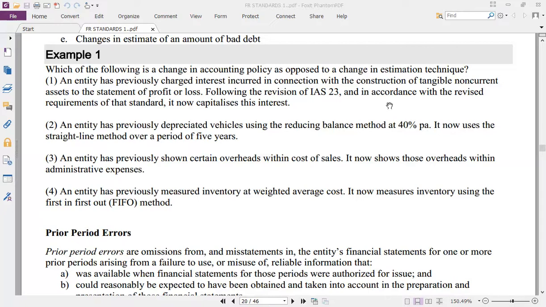Two, an entity previously depreciated by using the reducing balance method at 40% per annum. It now